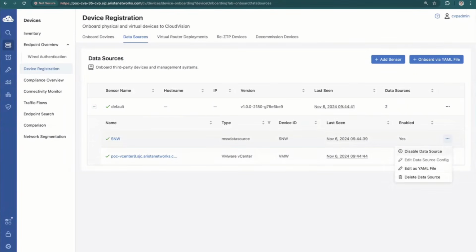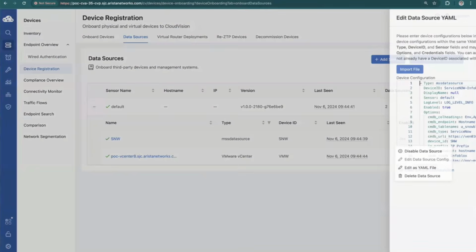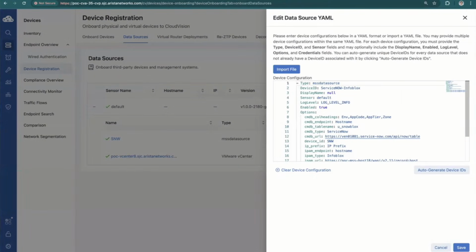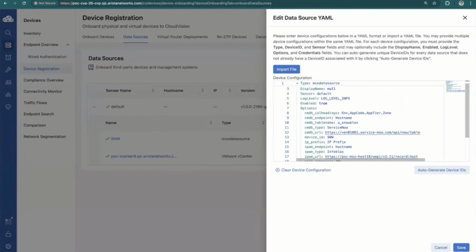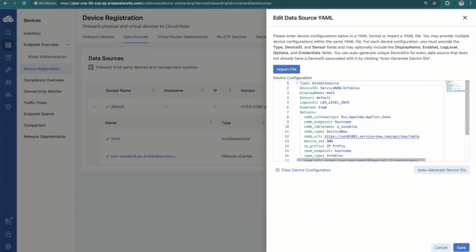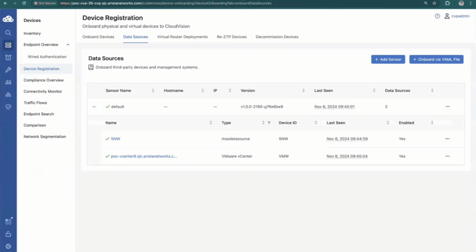I can show you quickly an example of how a connector looks like, described in YAML language. Fundamentally, you have the URL of the 2 services, ServiceNow and, in this case, the IPAM system, and then you have the credential, and then you have to describe the type of tag categories you are importing, right? It's that simple. It's a YAML configuration that is very easy to generate. Once you do this connection, you go into the network